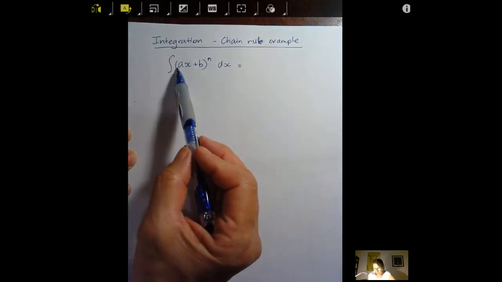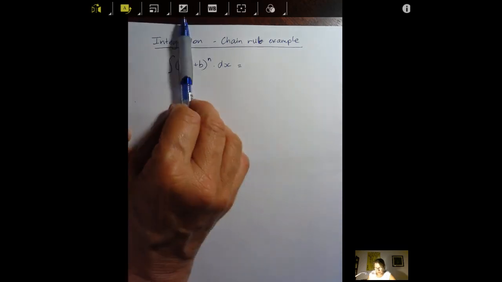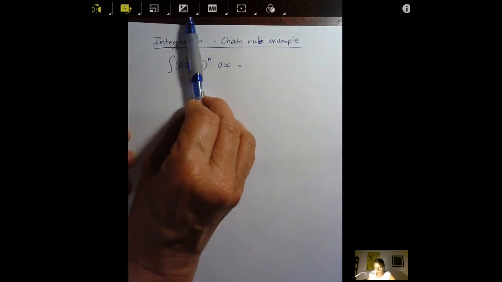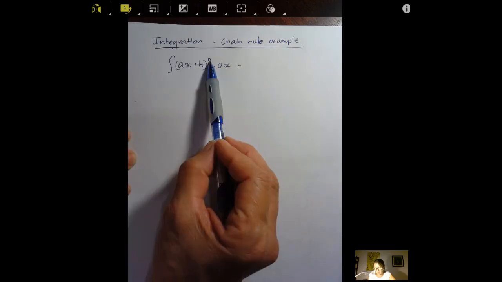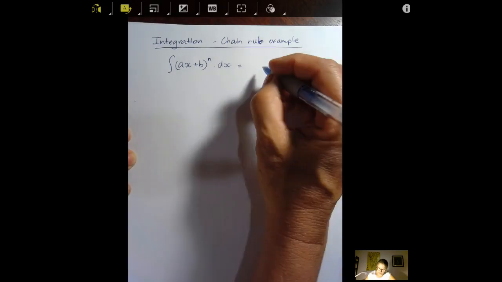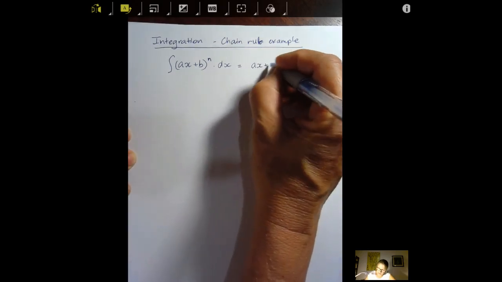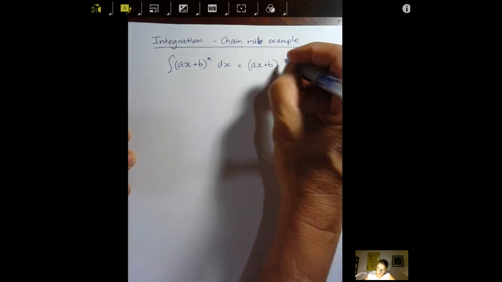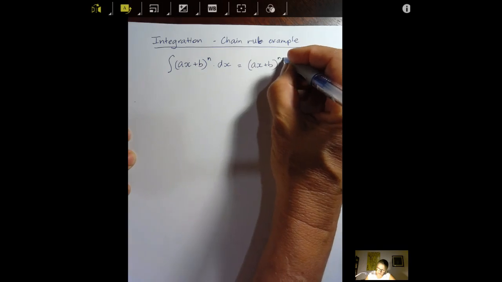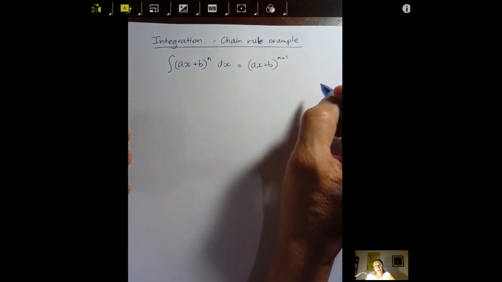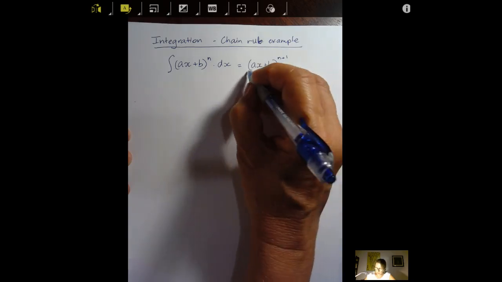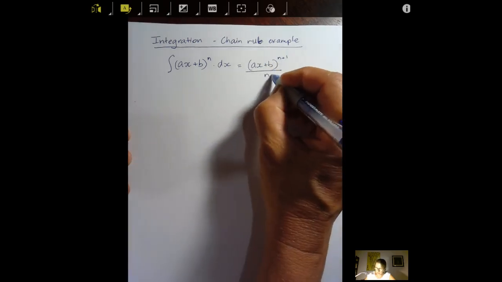First of all, I'm going to integrate the whole brackets. I'm just going to ignore what's inside the brackets. So if that's n, when I'm integrating, it's going to be to the power of n plus 1. So I can write that function ax plus b in brackets to the power of n plus 1. And just like before when we were integrating by rule, I'm going to have to divide it by my n